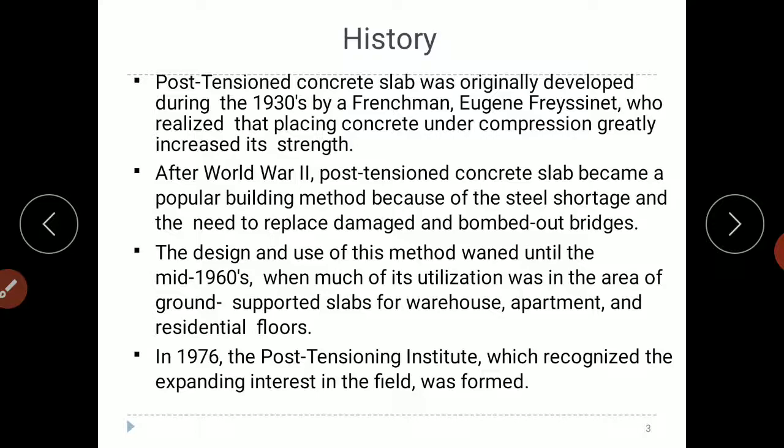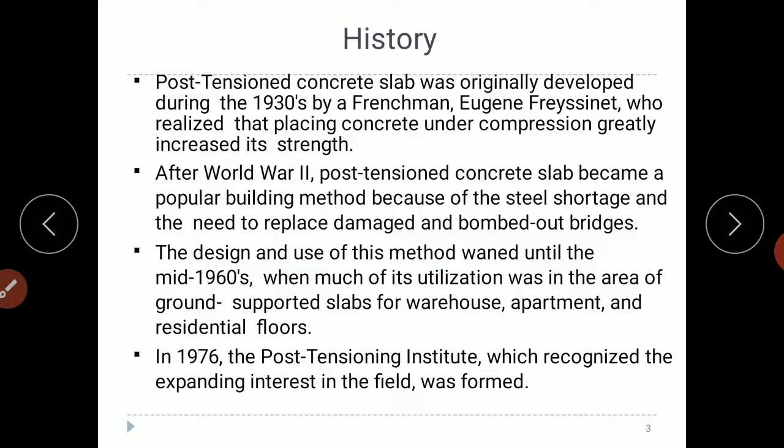But in case of these pre-stressed concrete slabs we provide a required or moderate amount of steel, and that steel is of high strength. It is not the normal Tor steel, Fe 415 or Fe 500 grade, but here we will use higher grade steel and also higher grade of concrete, and that's why it becomes more comfortable to design and more comfortable to construct. And that's why it gives more area for access.